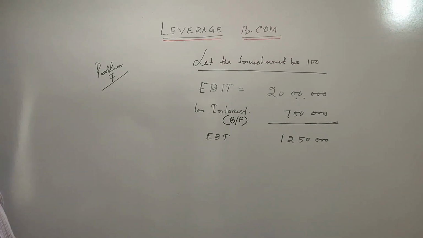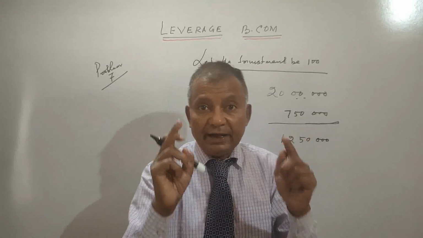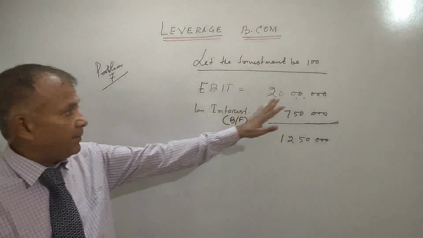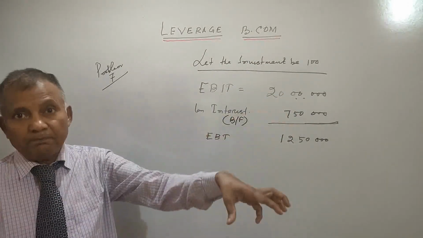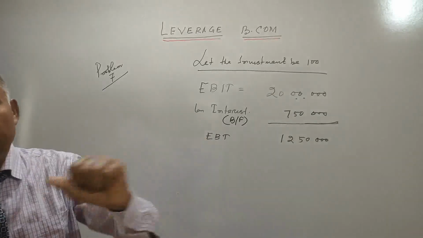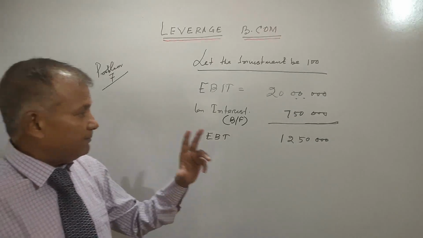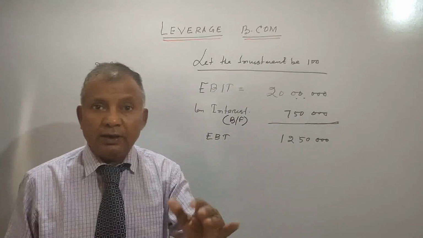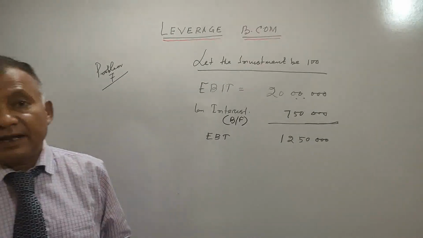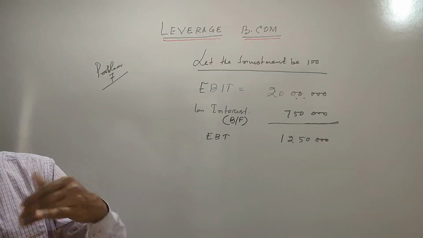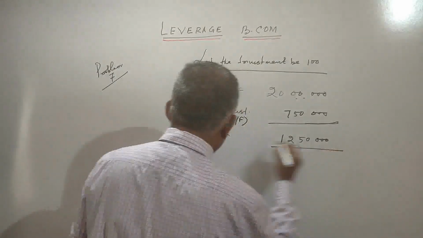But here in this problem, they have not given you how much is the loan capital, but they have given you the rate of interest on loan is 10%. It is given in the second line of the problem, that the rate of interest is 10%. So if 100 rupees is the loan, 10 rupee is the interest. If 7,50,000 is the interest, the loan will be,